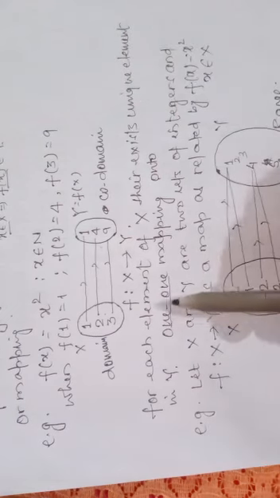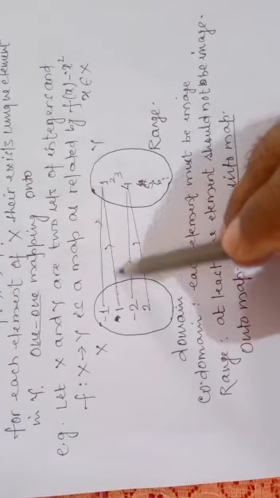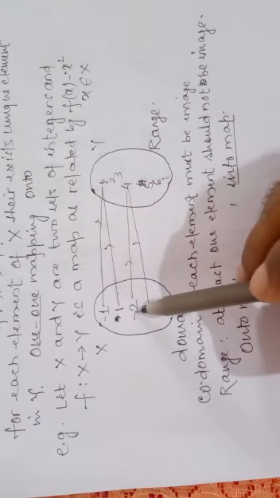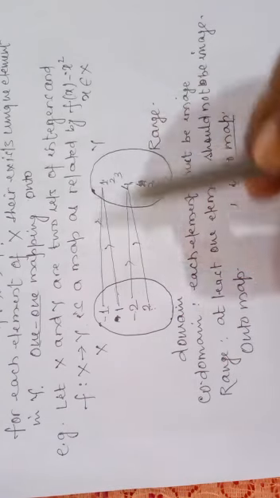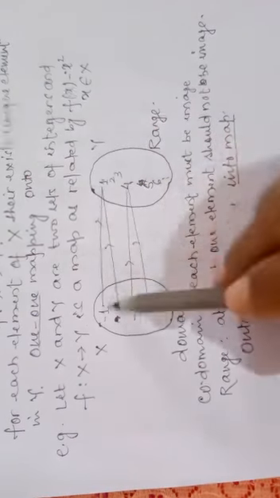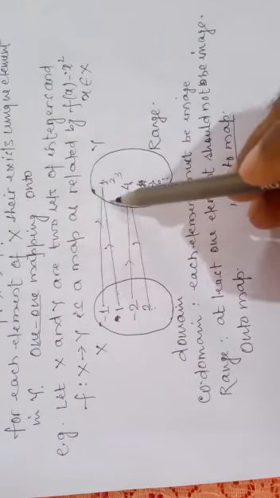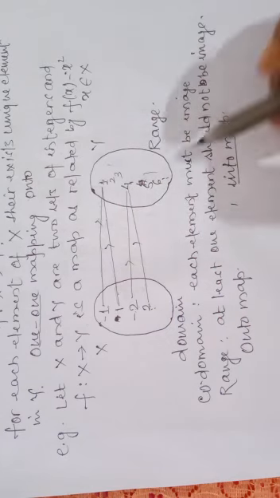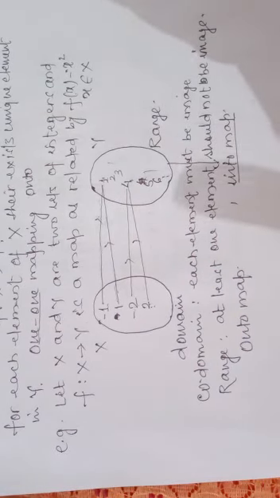Similarly, it may be a 1-1 into map. In the second example, see, there are two elements of X having the same image 1: minus 2 and 2 are elements of the domain and have only one image 4. So such type of mapping is called many to one, so many-one map. And since these elements are not images, this is completely an into map. So there are different types of map.